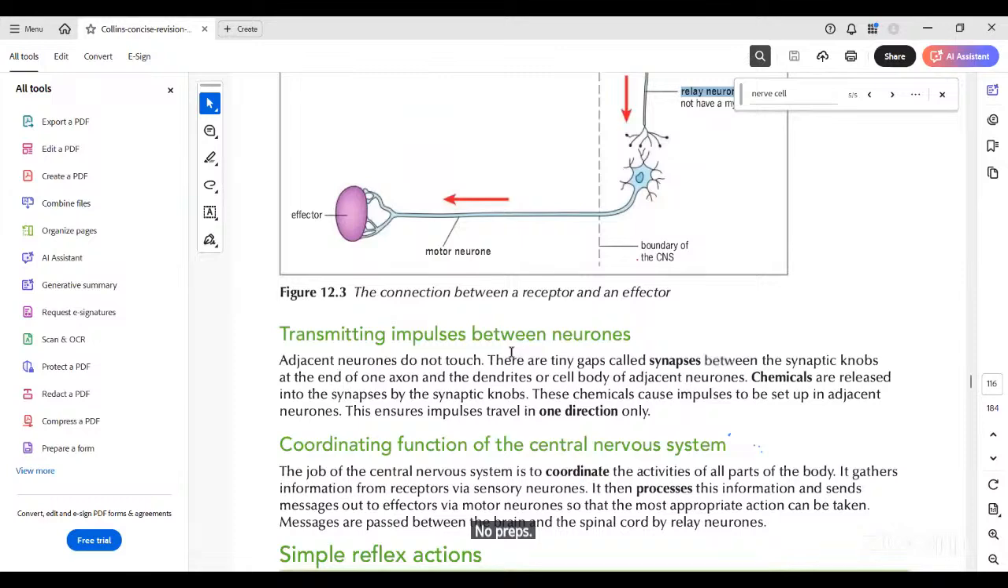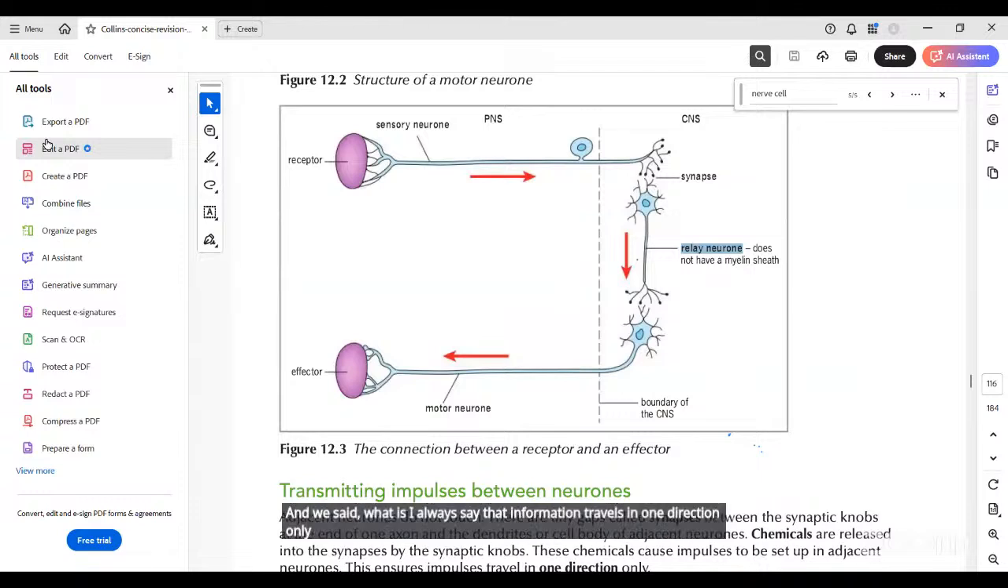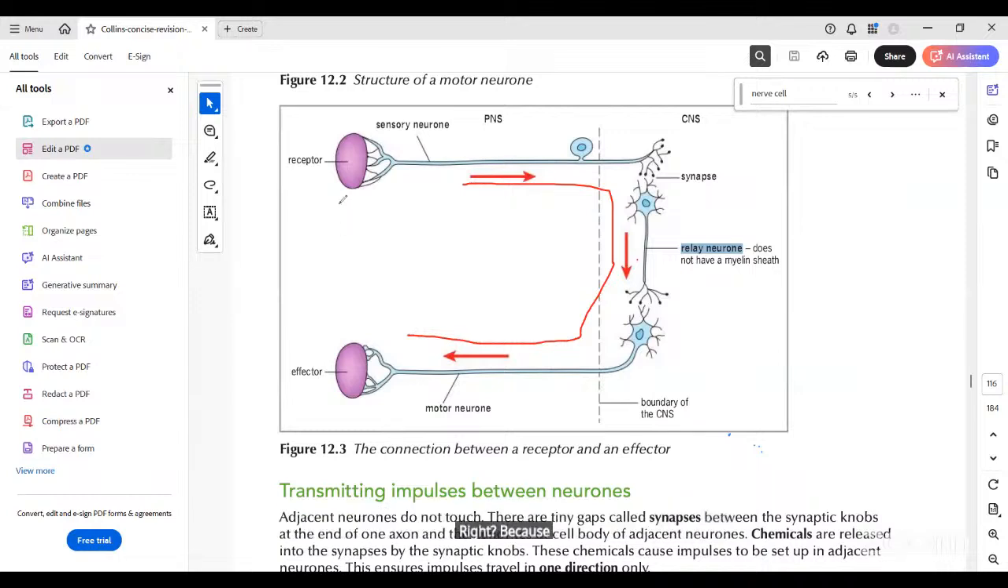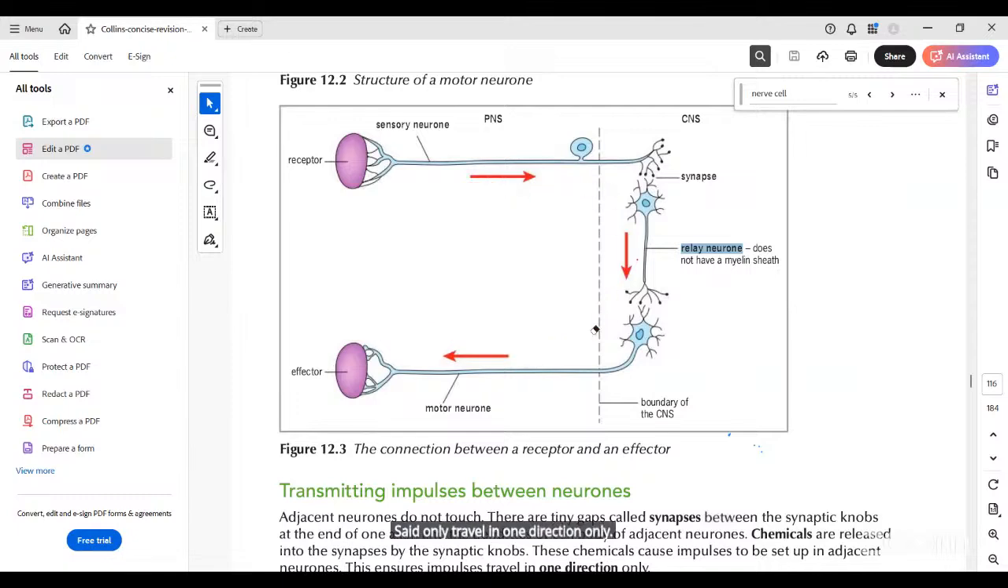And I would say that information travels in one direction only. Our electrical impulses travel in one direction only. We can see it here. One direction only. Because for it to travel all around, you would need a relay neuron here, and that wouldn't make sense because none of these are neurons. They are receptors and they are effectors. So it only travels in one direction. And then we state that